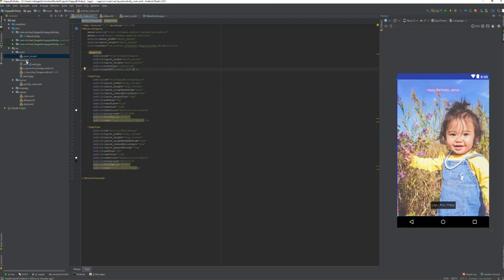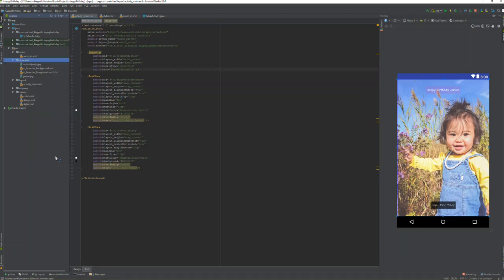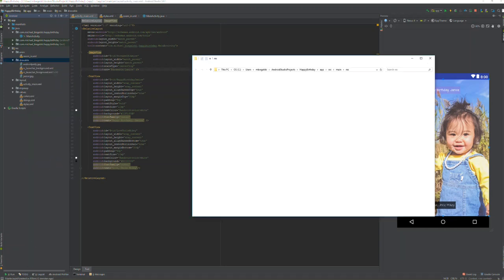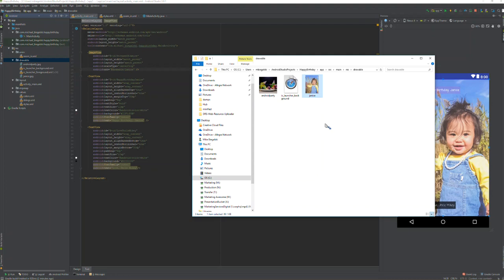And to do that, I just added a picture of my goddaughter to the drawable subdirectory. So you can show and explore. It'll actually launch the folder. And as you can see,